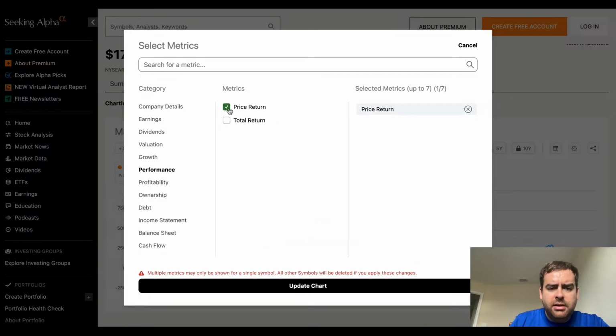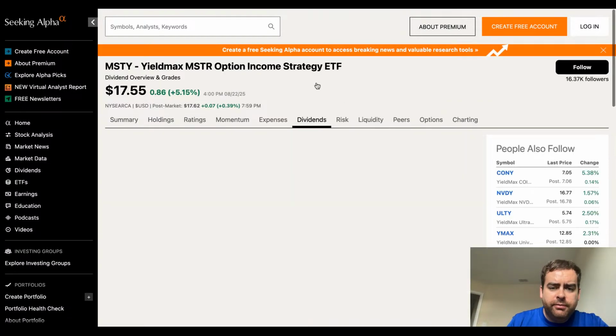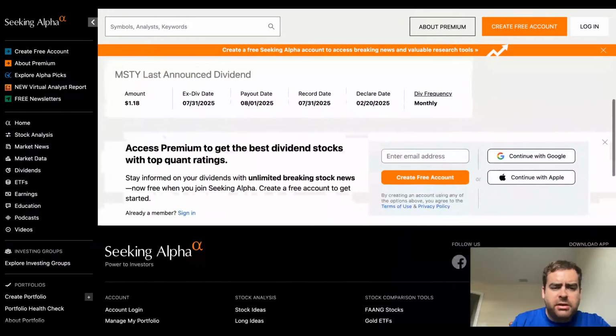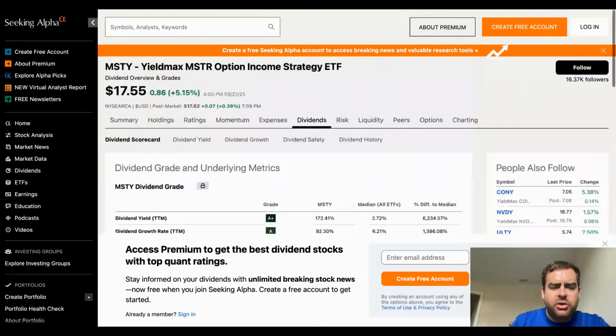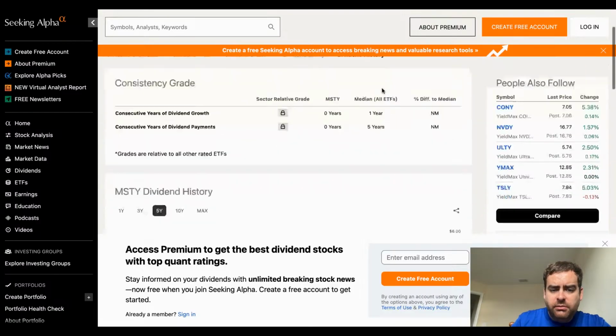But again, we don't care about price. We just care about dividend payments. So if we look at this one, it still is the worst of the three that you could hold. But we're getting those dividends, right? So let's review that real quick, because these have been some epic dividends. We got $1.18 in July. If we go to dividend history here,